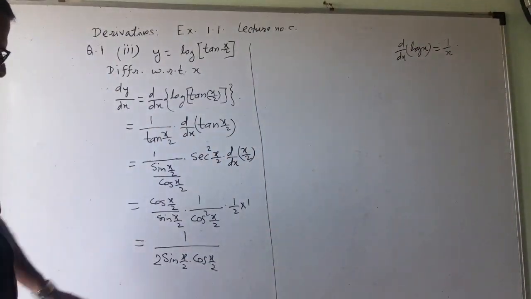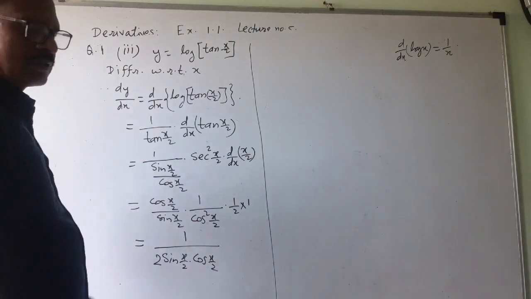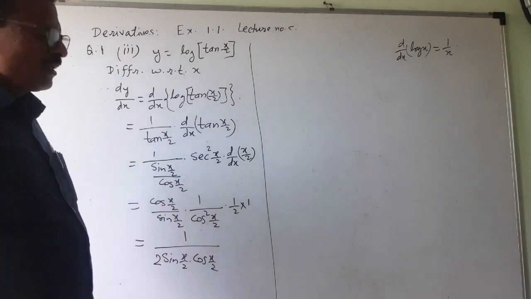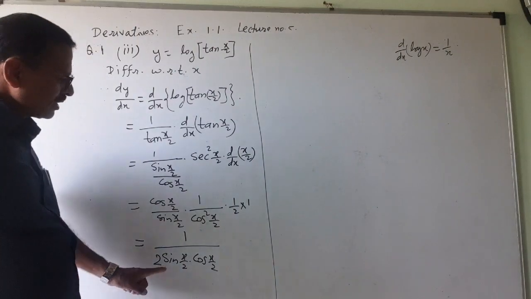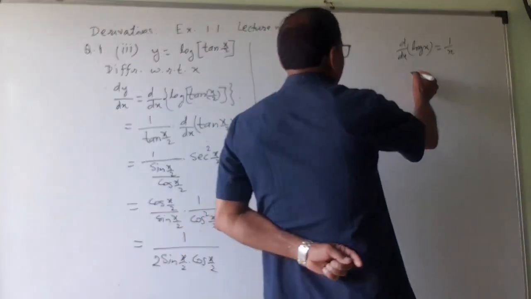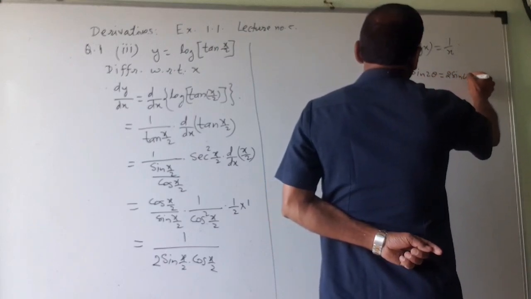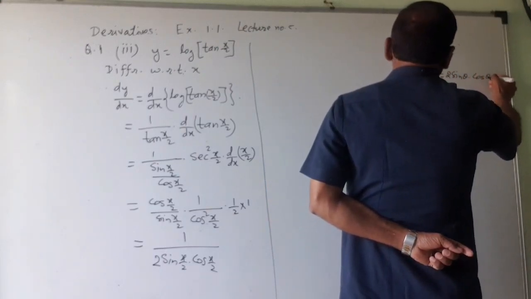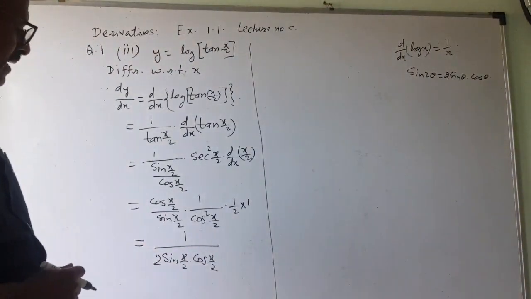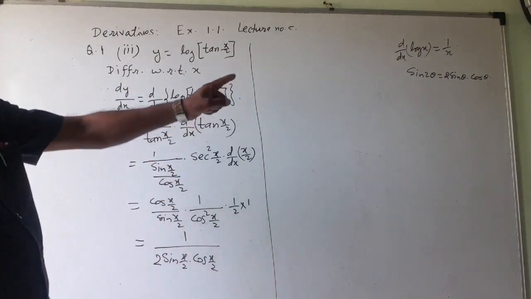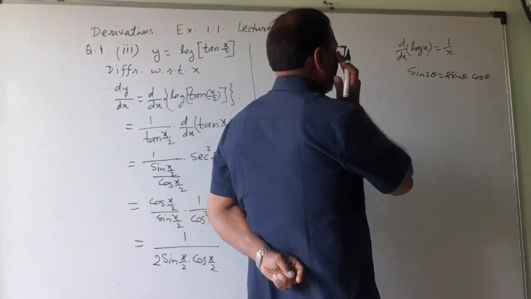In the examination, if you have written the answer up to this, no problem, the example is solved. But in the MCQ etc., further things are asked. I have to see what this is. Sin 2 theta is equal to 2 sin theta into cos theta. This formula I have derived also at some places. Sin 2 theta is equal to 2 sin theta into cos theta. For the beginners, I will explain it once again.